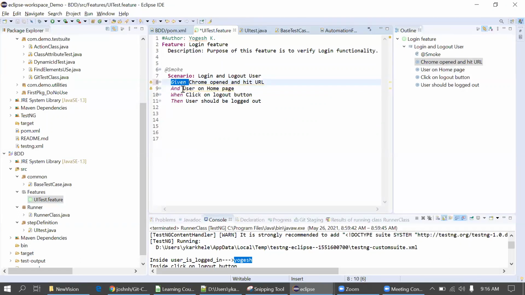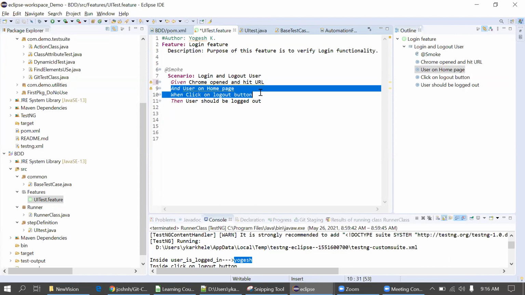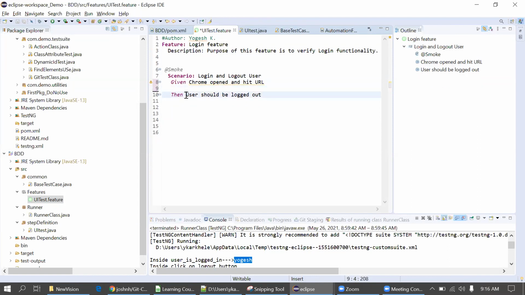I'll not put that. We'll just put the Then sentence directly: then browser loads.